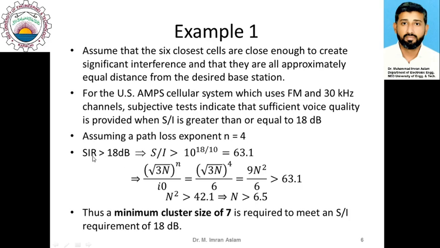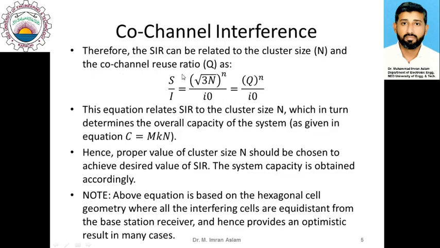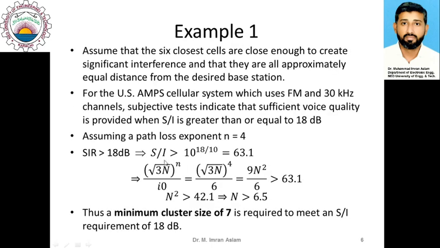In that case, we want SIR to be greater than 18 dB. In fractional value, this S by I should be 10 raised to the power 18 over 10, which is actually 63.1. So we want the signal to interference ratio to be greater than 63.1. As the signal to interference ratio is related to the cluster size by this expression, I can replace it by